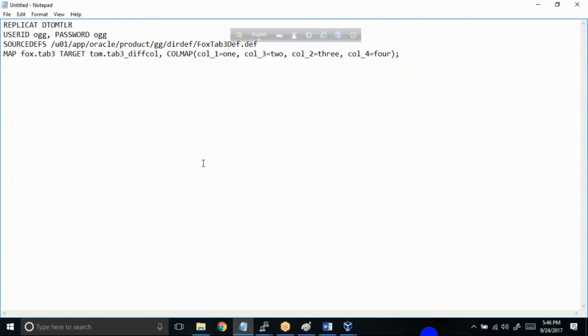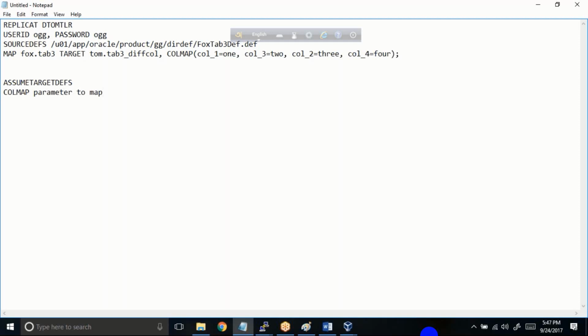Yeah, correct. Over here you might say, oh, it's so simple. Yes, it is very simple, but we need to understand few things over here. What are they? First of all, we are not using the assume target defs over here, correct? That parameter is gone from our replicate file. Next, we are using a new parameter called as call map. This call map parameter is used when you have to define the mapping. Okay, so next we are using call map